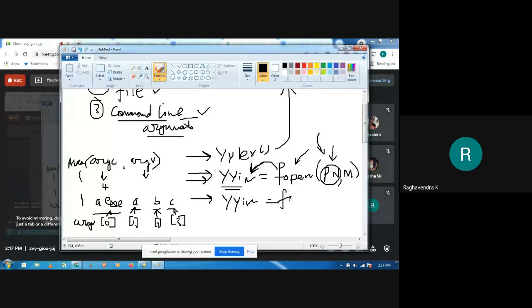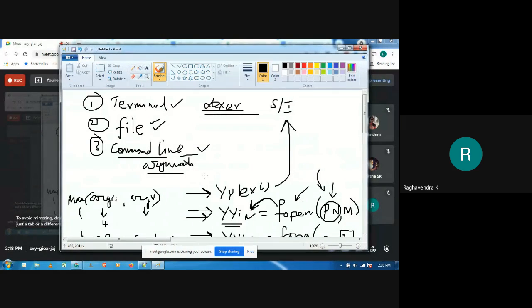So now the function remains the same, but we can modify the argument, right? So argv of i would help us access all the values, with i ranging from 0 to 3 in this case, or in other words, i ranging from 0 to less than argument count. These are the three different ways in which you can modify the input of our lexer, right? You can either make our lexer take input from standard input, or from a file, or from the command line.